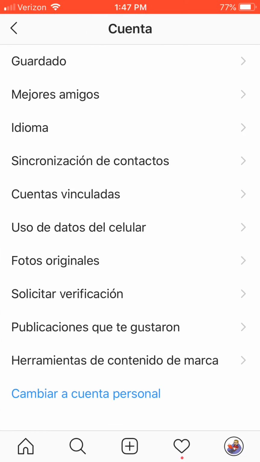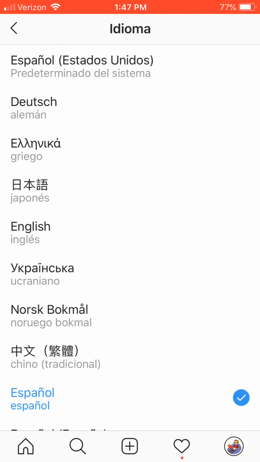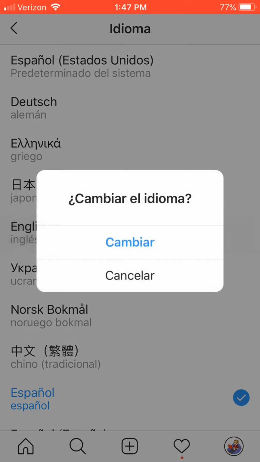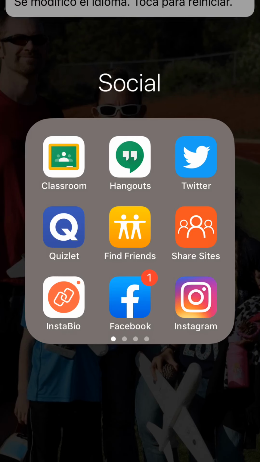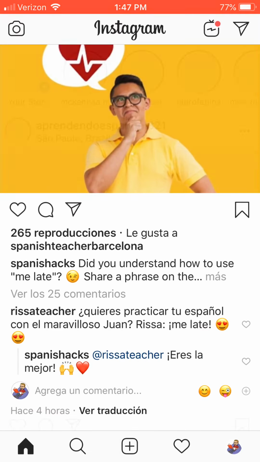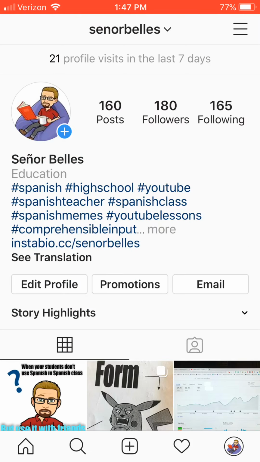And then the third choice down is Idioma. And then find the language you want, which if I want to put it back to English is the fifth one down. And then the blue button, Cambiar, means to change. And then my app will close down and I can restart it and everything's back into English. So that's how you can change